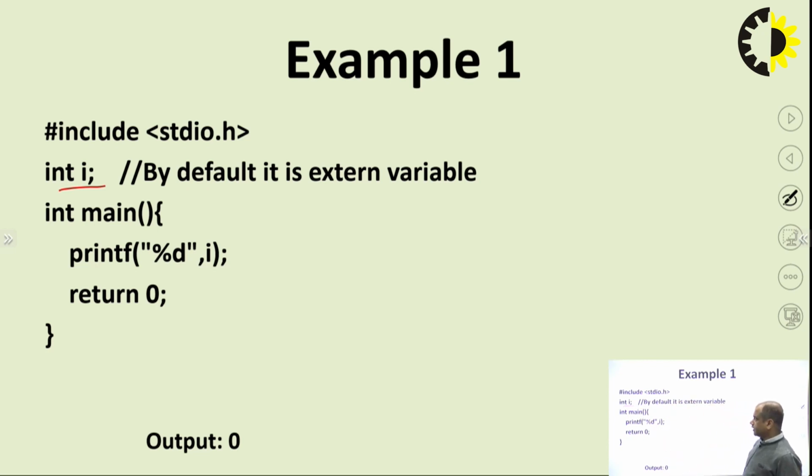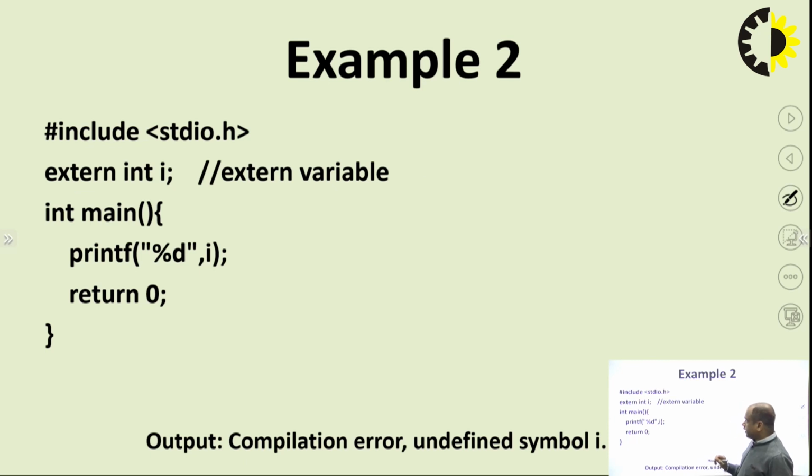Here the variable declared outside the main, even without extern, will be considered an external variable or global variable. The default value, what will we get? We will get 0, because the default value will be the same as it was in static. If we are going to declare with extern, in that case we are getting